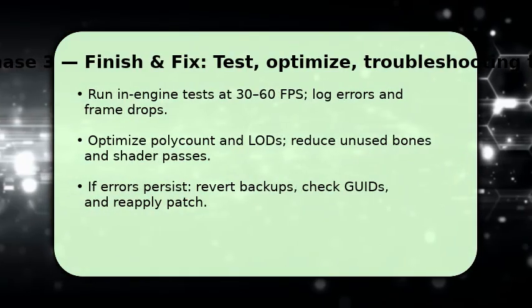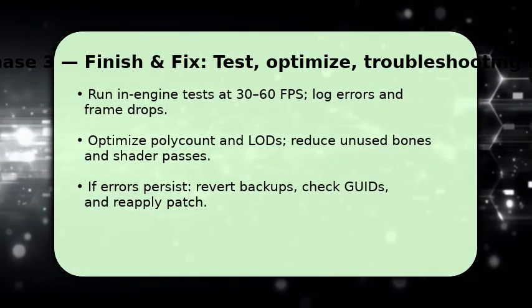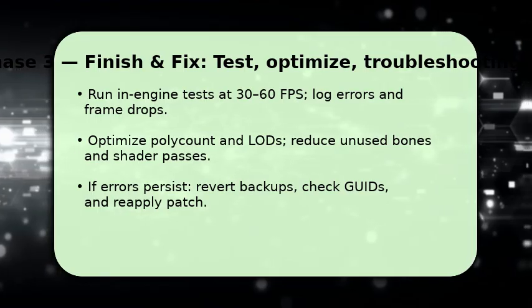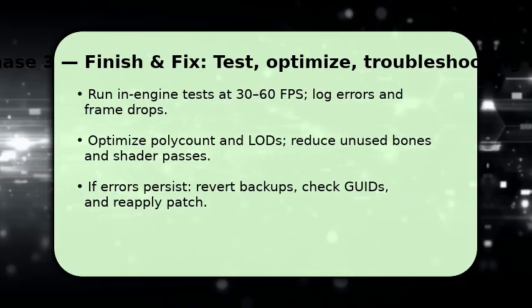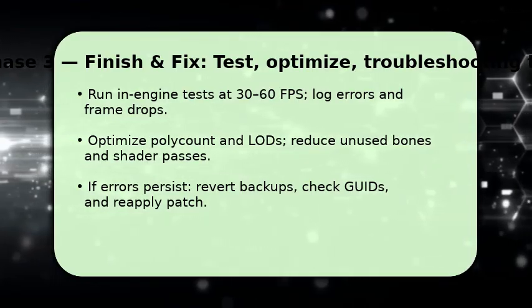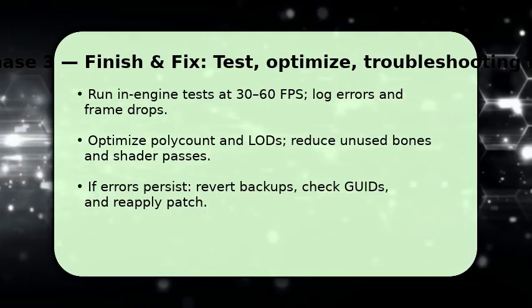You finish by running in-engine tests to validate behavior and performance. Play short sequences at 30 to 60 frames per second while watching for pops or console errors. Once done, optimize by reducing poly count, adding LODs, and removing unused bones and shader passes to keep frame rates